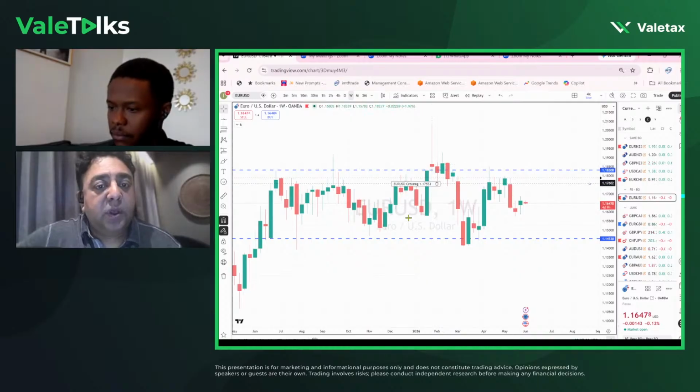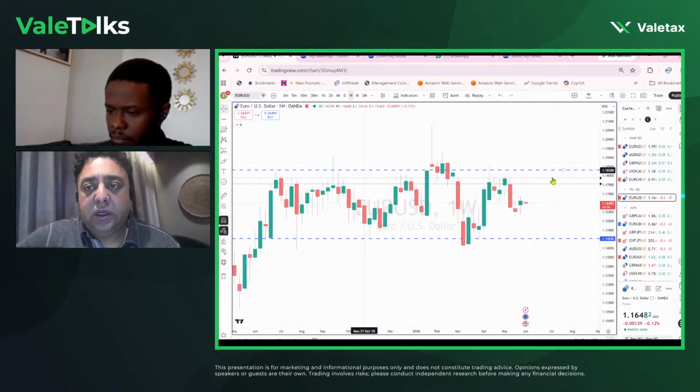They're not really doing breakout trades. A lot of them are going to be doing pullback trades and slowly buying. So here, for example, you could look at the Euro USD. I marked up the lines, the top of the consolidation pattern here, which is at 1.1830, and the bottom pretty much here is at